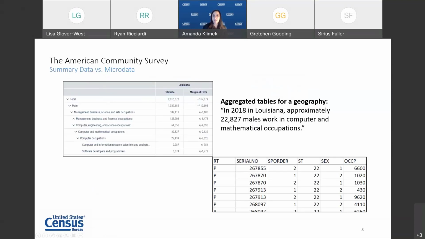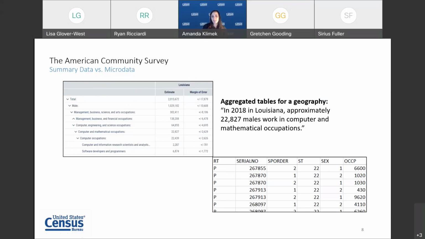So let's recap with an example of this microdata and what makes it different from the summary data that you might be used to seeing in data.census.gov or other sources. In these summary tables, such as the one shown on top, individual records are categorized and weighted in order to create an estimate for the larger population.